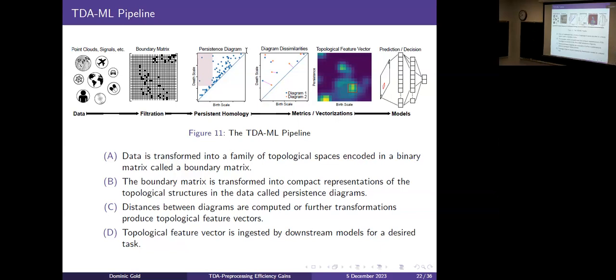That has again seen very good use in sensitive data, including biomedical, but also financial data as well. If you think about stock markets moving up and down, like time series, you can think about the points themselves as peaks, and then you do sublevel set persistence. But the point is, yes, this is a very well established and well used pipeline.